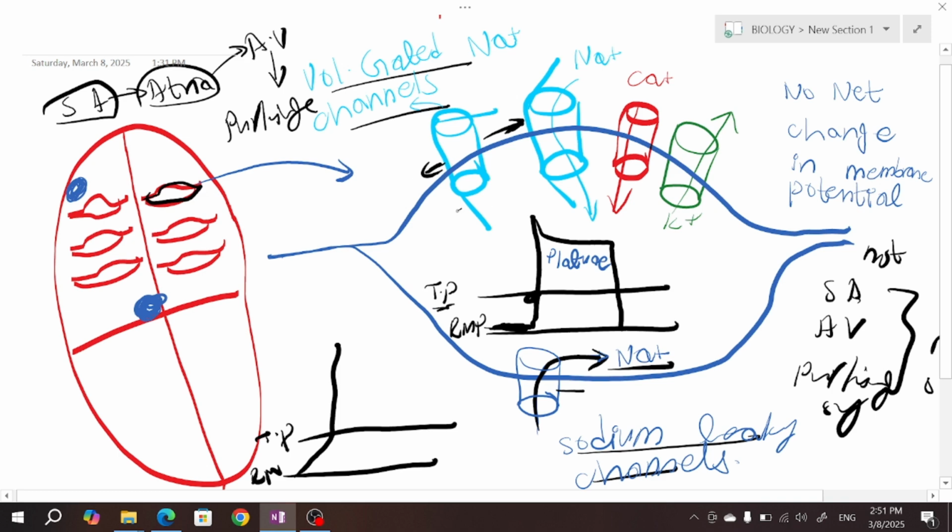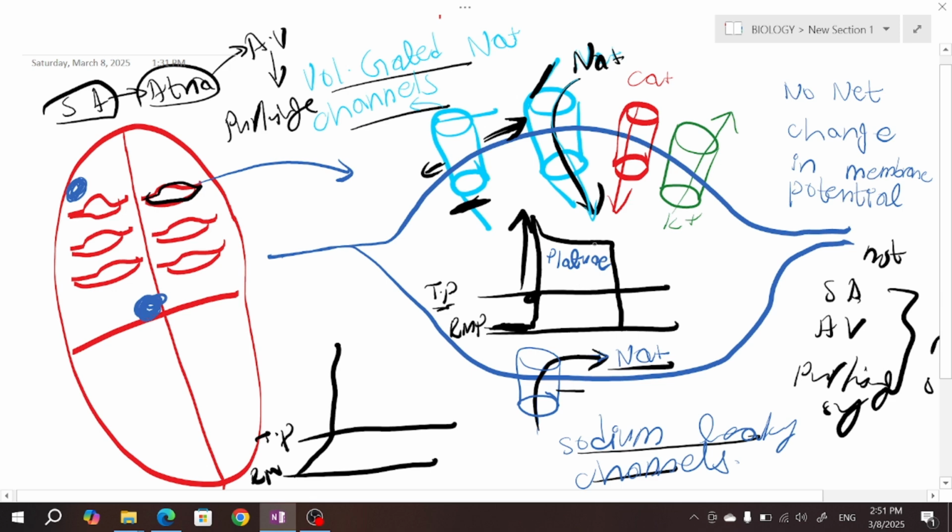First they are in this configuration, then they are converted into this configuration in which the activating gate of the voltage gated sodium channel is open, and sodium starts moving inside of the cell, and we know that sodium is a positive ion. So as soon as the positive ions are going inside of the cell, the membrane potential starts becoming positive, and there is a sudden upstroke of the